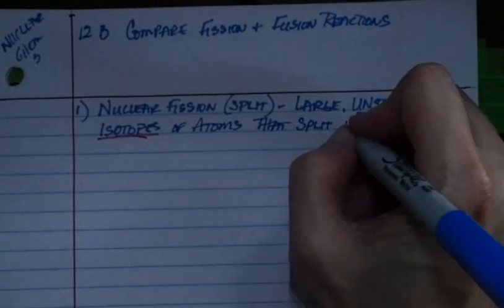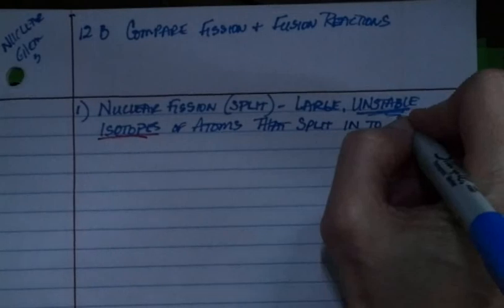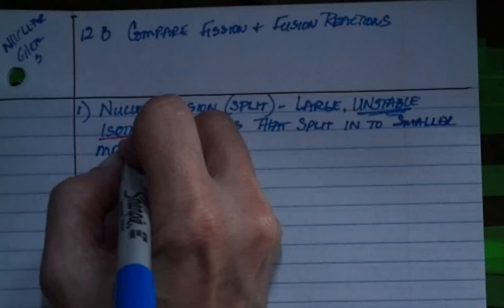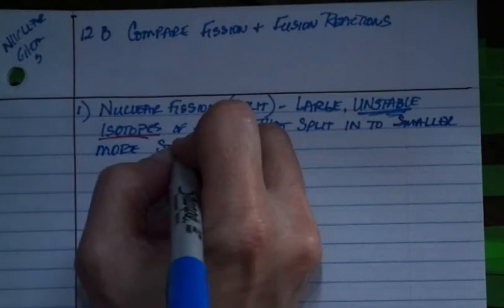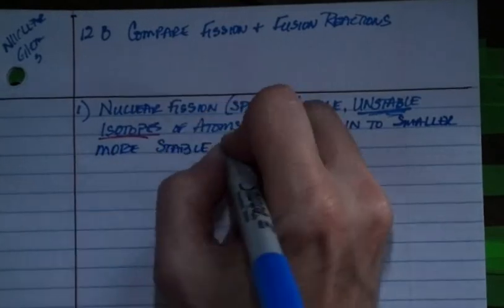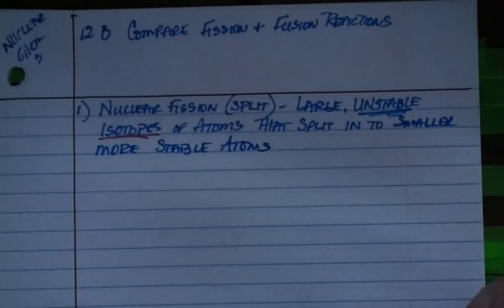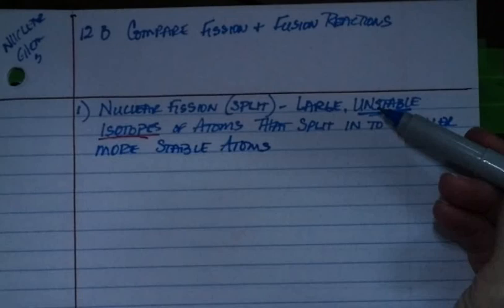Here's the key here, more stable. Remember that nature favors a lower potential energy. The larger unstable atom, it's got a lot of energy in it, and so it's got a lot of stored energy, potential energy, and it's naturally going to drop down to a lower energy level, which means it's more stable